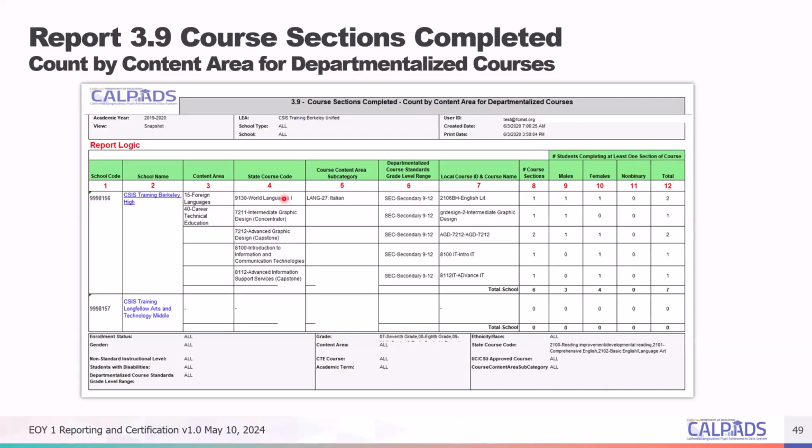It also provides you some attributes like the departmentalized course standards that's being used, as well as the number of course sections for that specific state course code, and of course the number of male students, females, non-binary. Okay, so it provides you the total count of all of the students enrolled in those sections based on that information.